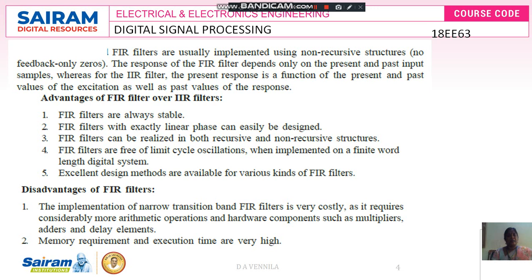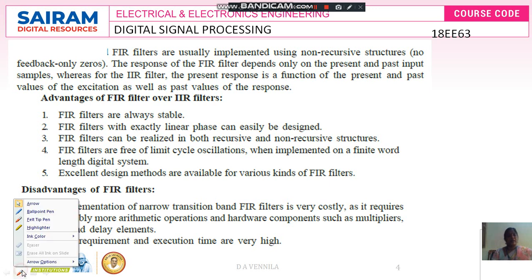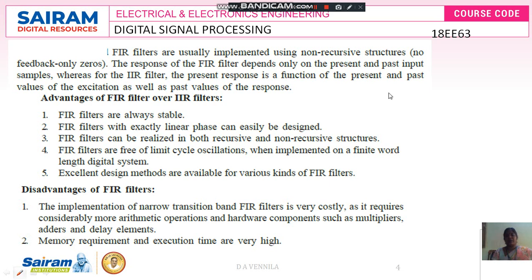As I said earlier, the FIR filters are non-recursive filters and they have one of the best advantages. The FIR filters are inherently stable when compared to IIR filters. The IIR filters are designed to be stable, but FIR filters are inherently stable. The FIR filter does not contain any poles; the transfer function of the FIR filter, H(z), contains only B coefficients. It does not have A coefficients. The A coefficient value is equal to 1.